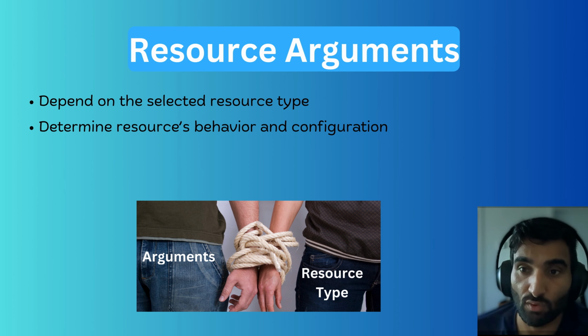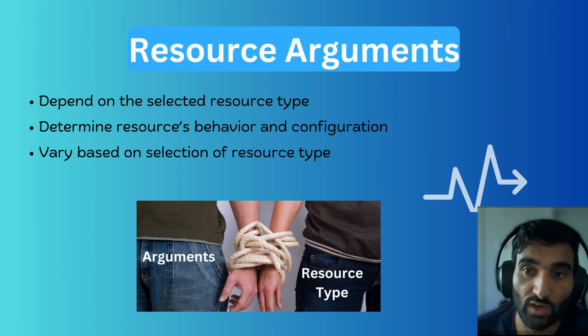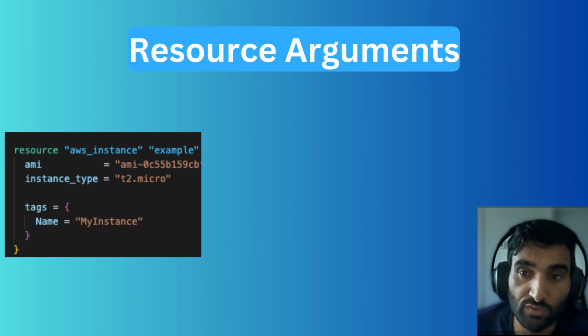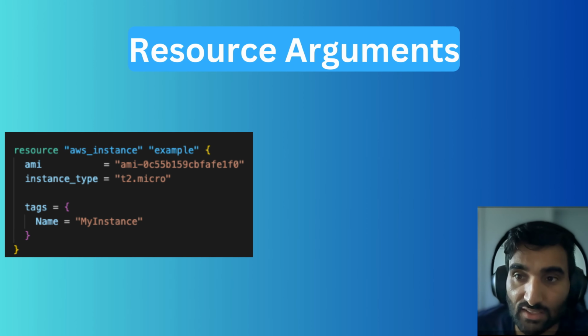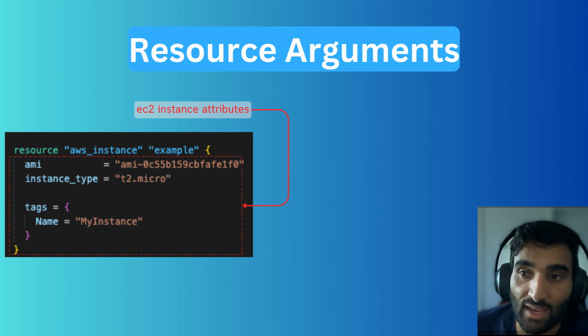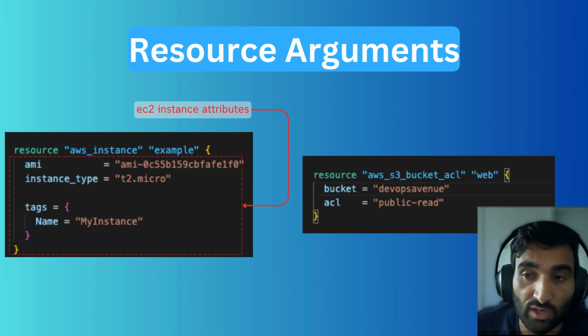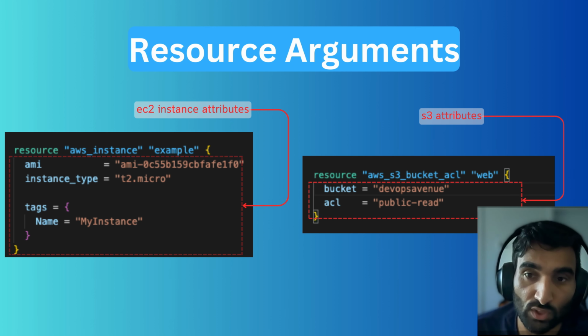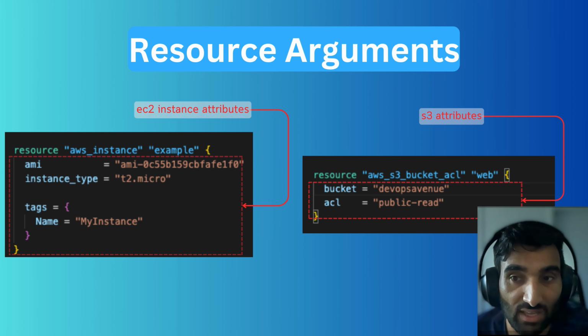As I said before, arguments may vary depending on what resource type you select. For example, if you're creating an AWS instance, arguments like AMI and the instance type would be required to create the resource. If you're creating an S3 bucket, the arguments would be like bucket name or ACL for